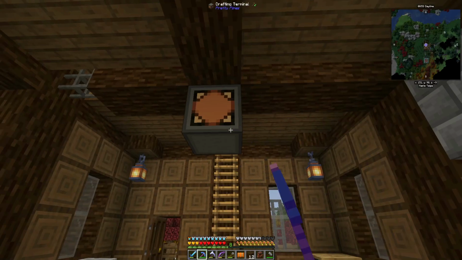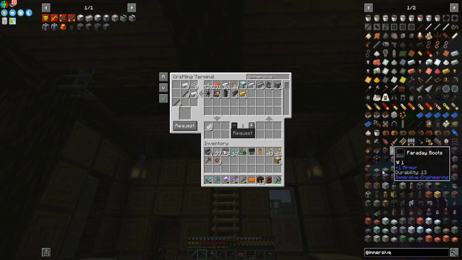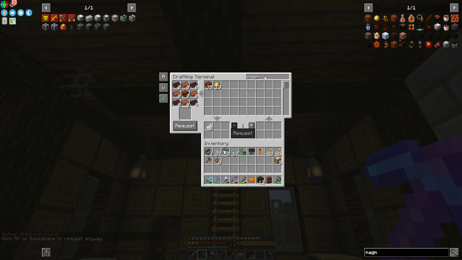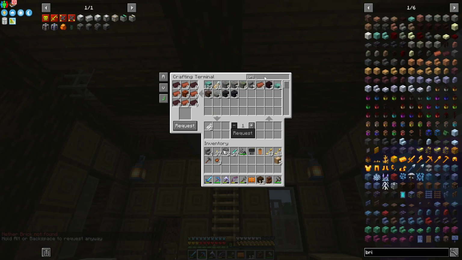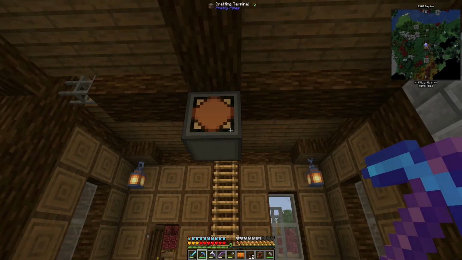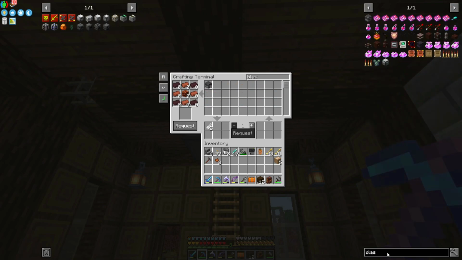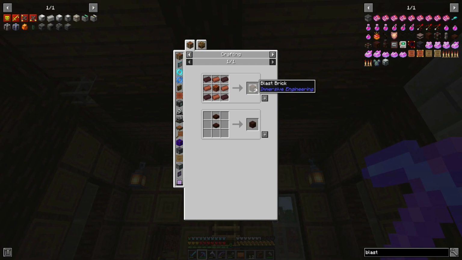What have I got in the way of magma? Magma. Got enough magma. Brick. Okay, so I'm going to need... What is it normally? 27 of these things? 27. And what does one of these give me? 3. What's my math again? Variable 3 9s is 27, right? Something like that. So I'm going to need...